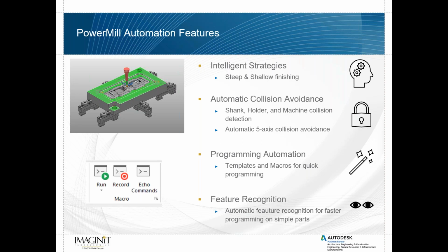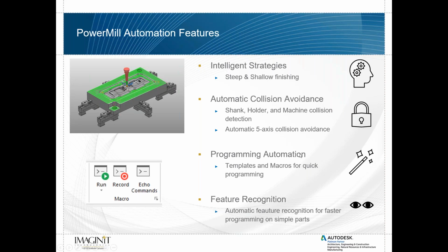So steep and shallow will automatically determine what toolpath to apply in those areas for you. So it's automated. You don't have to go and take measurements yourself. You don't have to try different toolpaths until you find one that works. It automatically determines that for you, and it creates a nice, smooth transition from one area to the next. So it's going to save you a ton of time